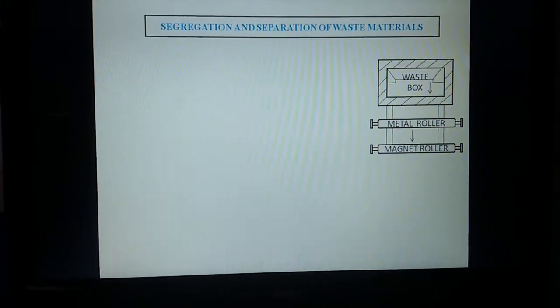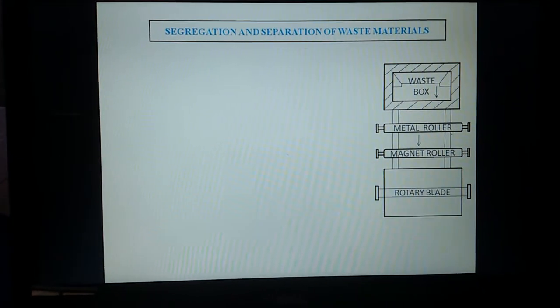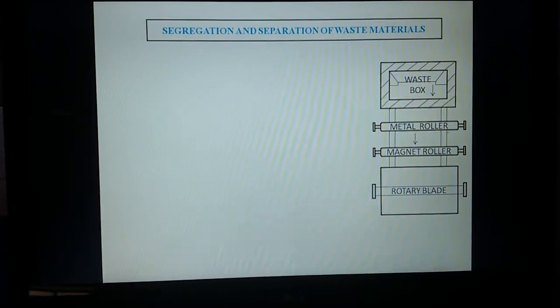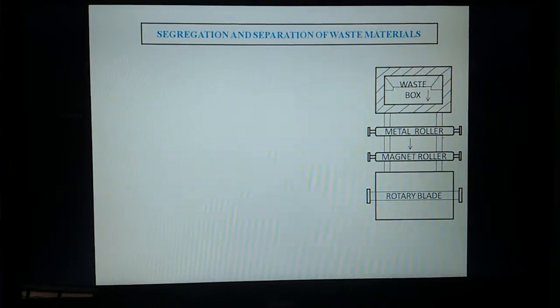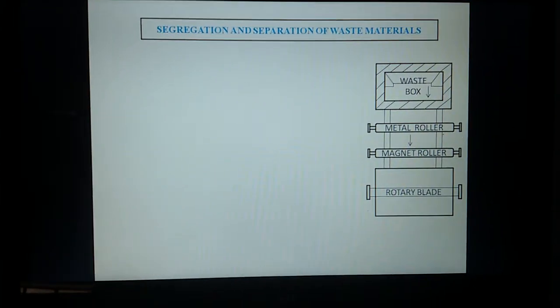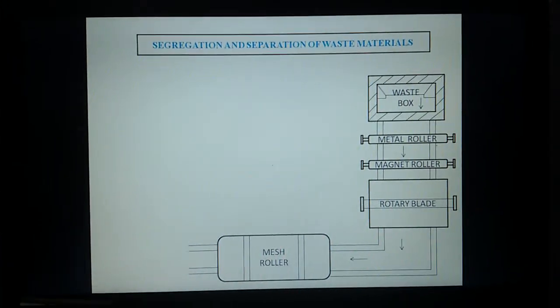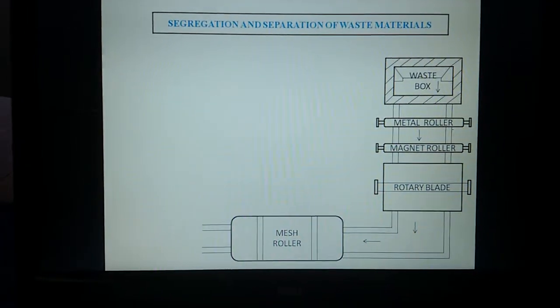these pieces move again through a conveyor and through the magnetic roller, and all the iron items get stuck to this magnet roller so that the iron is separated here, and the other remaining waste moves to the rotary blade. To protect the blade, we use the metal roller. The remaining pieces which are unbroken are passed to this rotary blade, and they are crushed into pieces, and these pieces move on a conveyor again to the mesh roller, and there it is